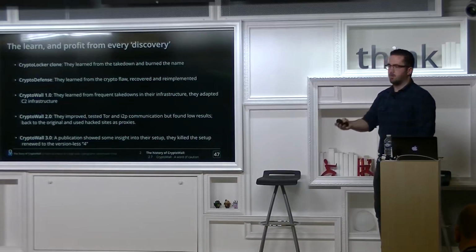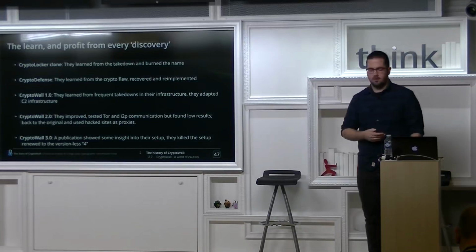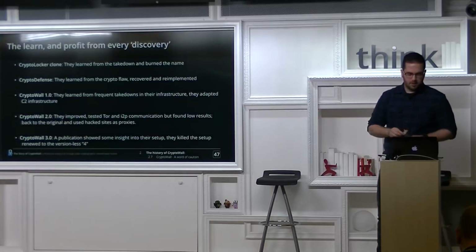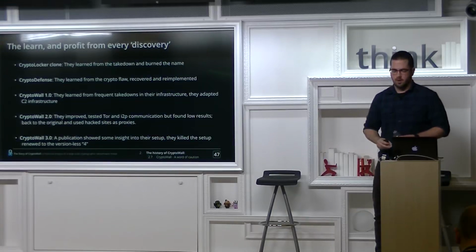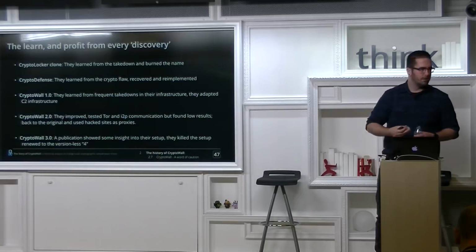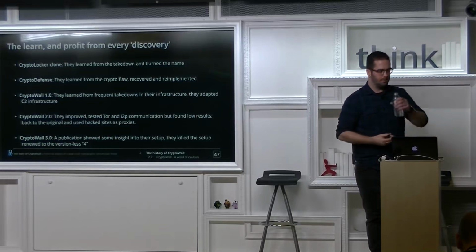They fixed it, made a new version because the name was sort of tainted because people saw it in the news as being bad in encryption. You could just decrypt all the files. So from CryptoWall 1.0, they sort of moved to the hacked website system and did some Tor stuff. Just because of frequent takedowns. It was pretty easy to kick them down. You just took this proxy server, you got it taken down, and then for a while they couldn't do much.